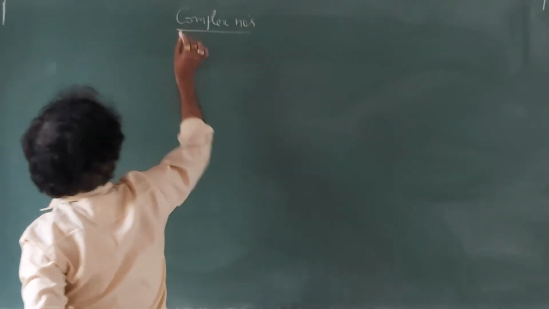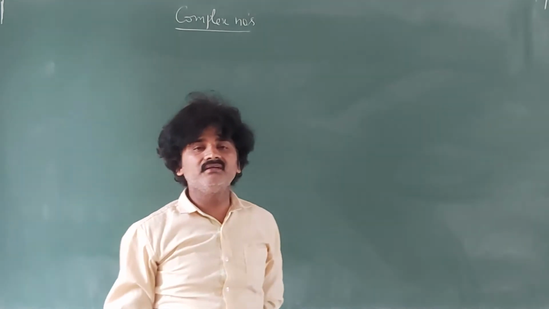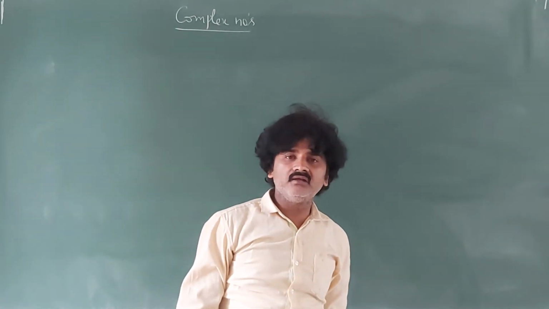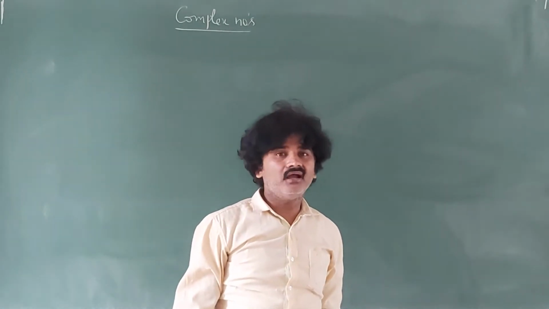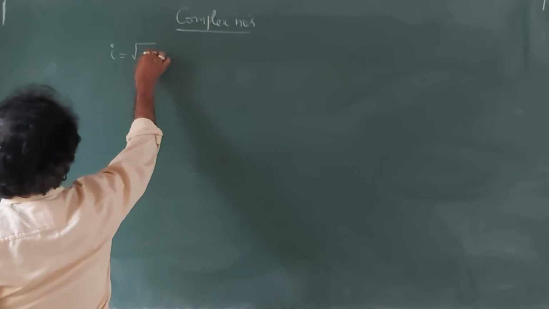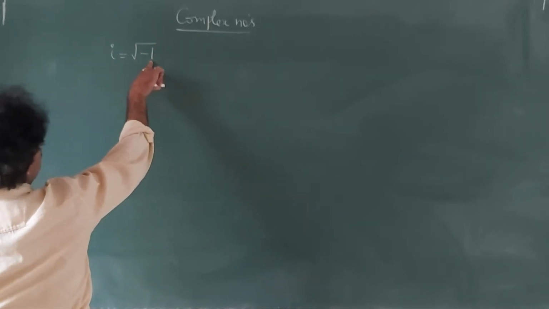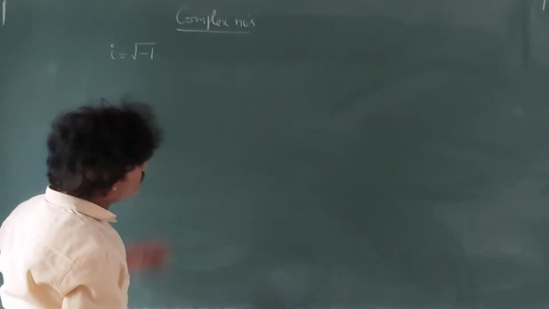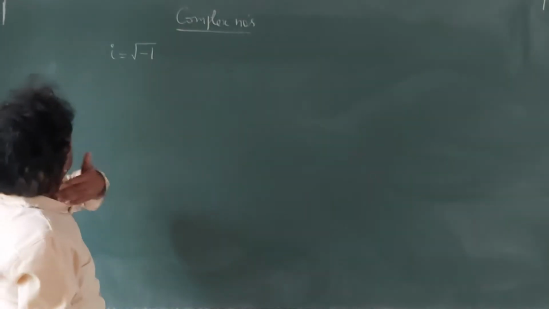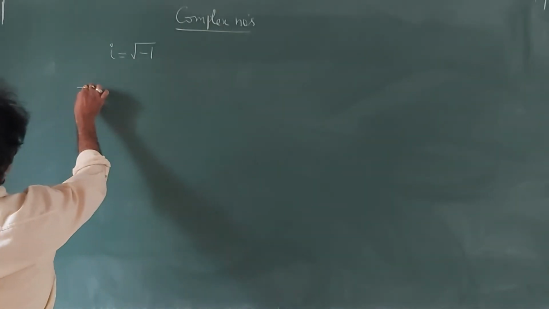Just before starting the problems, 5 minutes. Once let us recall all the basic points. Generally, what is the i value? i means we call it an imaginary number, which is the square root of minus 1. Under root minus 1 is there, whose value is unknown to us, which is called an imaginary number. Generally it is denoted by the letter i. So i equals the square root of minus 1.